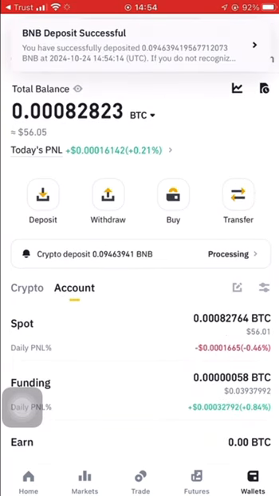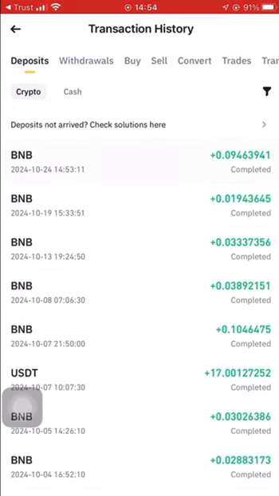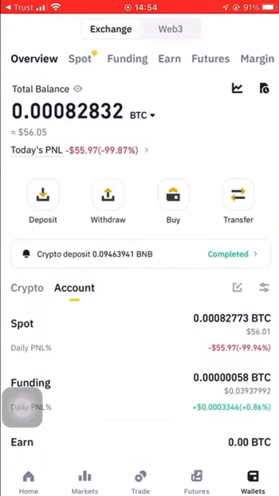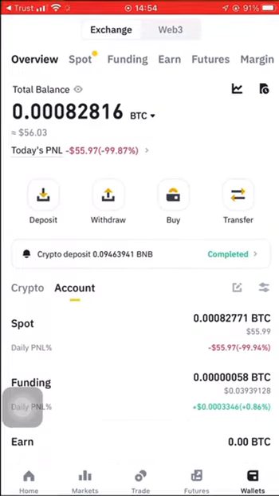Yes, our BNB has arrived. So you can go to the total balance. You can see that there is a total of 56 USD, which is 0.9 BNB. So this is a very simple process. If you're a beginner, you have to know how to do